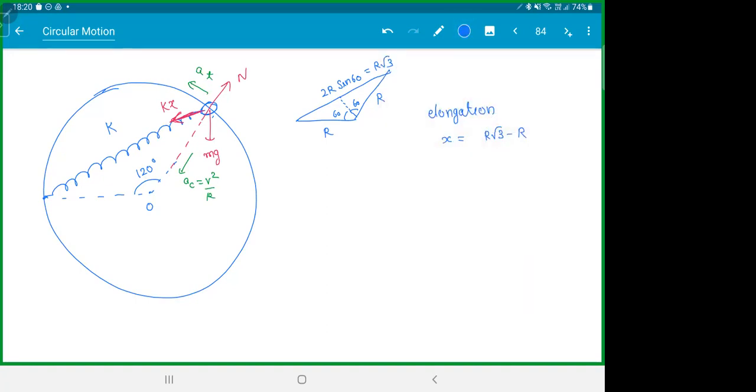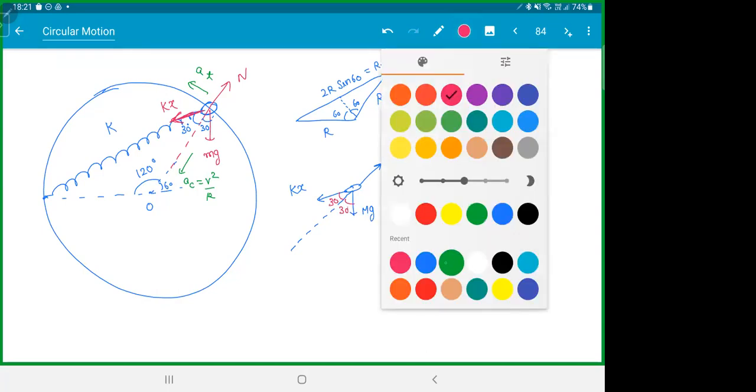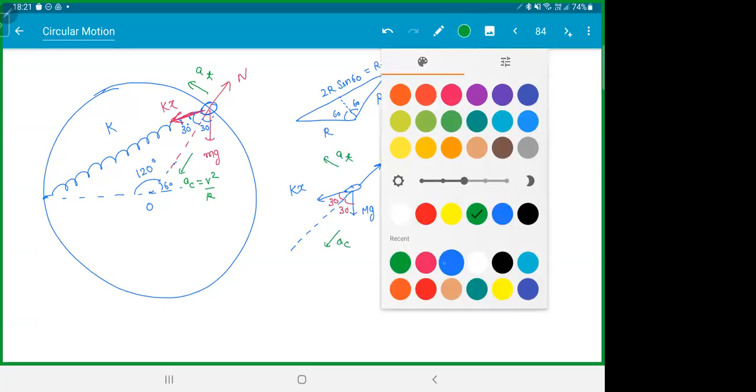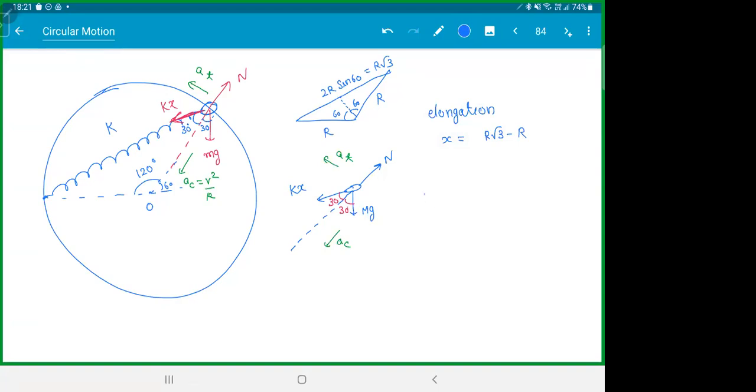So if you resolve these forces, if this is 120, this will be 30. This is 60. So this is also 30. So I'll just draw the ring FBD again. Normal reaction, Kx, this is that center line, this is mg. This was 30 and this was 30. This was A centripetal and this was A tangential. A centripetal is done, so A tangential will be Kx sine 30 minus mg sine 30 is equal to